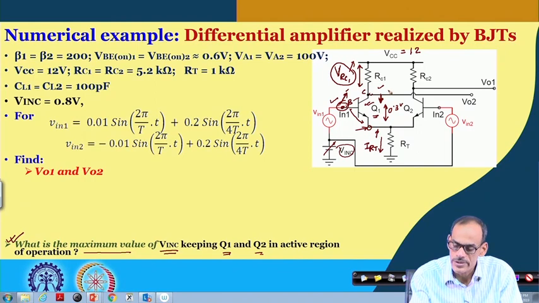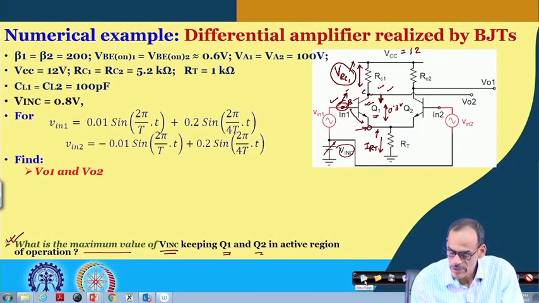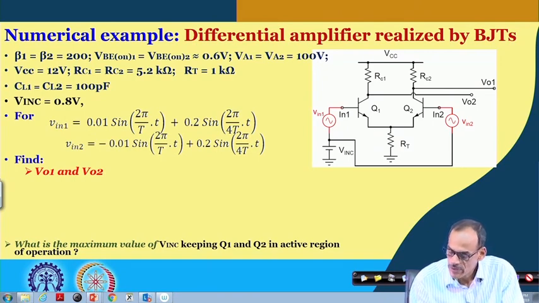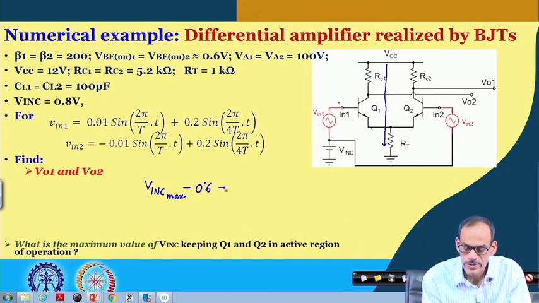So, then we can say that this is the limit of the collector voltage. Namely, if I consider, okay, let me clear this one. If I consider this path in the limiting case, whatever the voltage you do have minus 0.6. So, V in C max minus VB1 of say 0.6 volt, then plus VCE sat of 0.3 volt. So, that is equal to